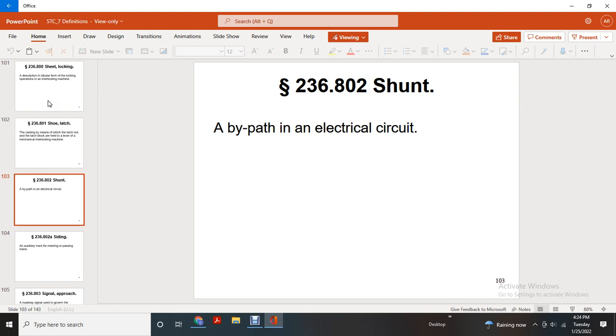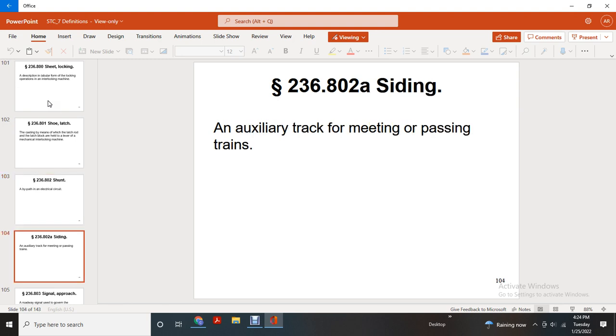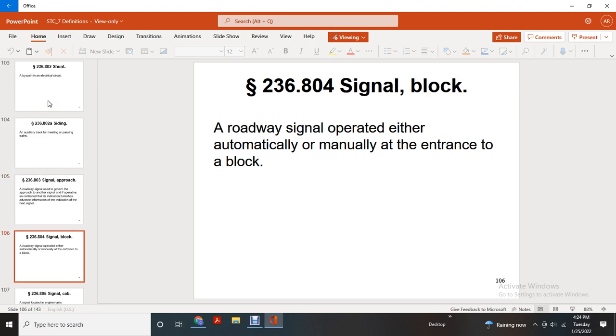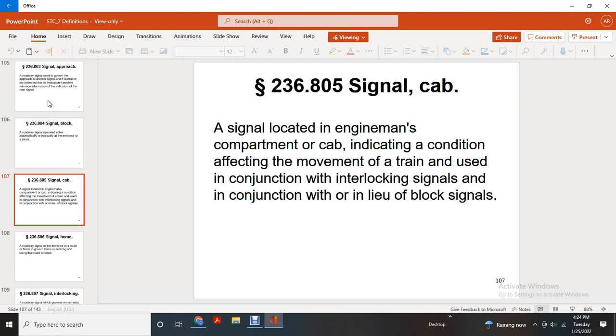Or a shunt bypass electrical circuit, sliding and auxiliary tracks meeting or passing on the train signal, approaching a road signal, either the governor approach with another signal with operative control with indication furnishes advanced information indication for the next signal block, roadway signal operated with the automatic manually with the entrance over the block signal cab, the signal located with the engine main compartment,